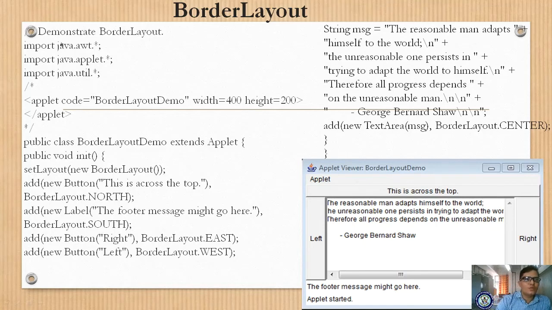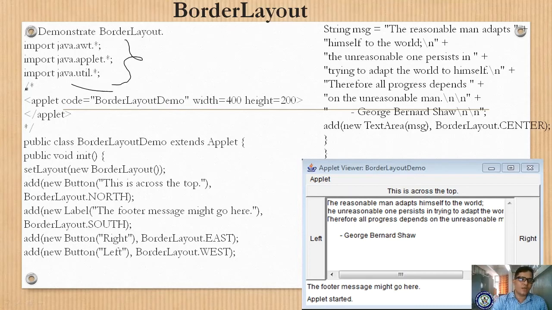Now import java.awt.*, import java.applet.*, import java.util.*. Here we are seeing a new package, that is the util package, which we are using in our program. By using this utility package, it will generate your border layout concept.